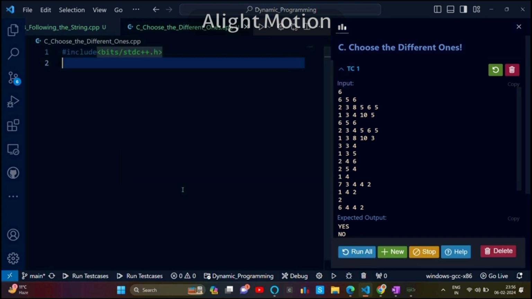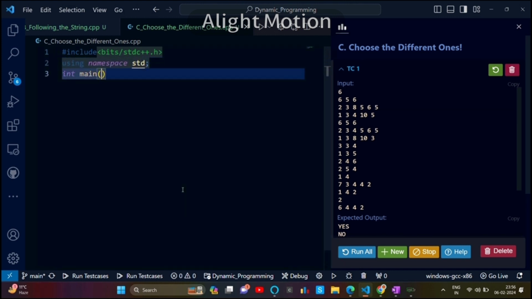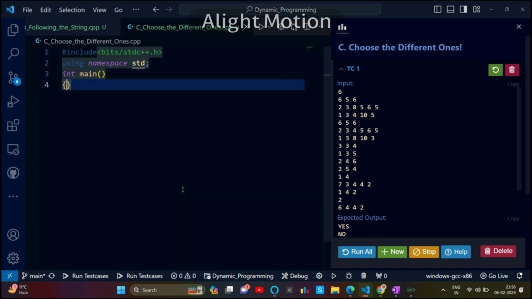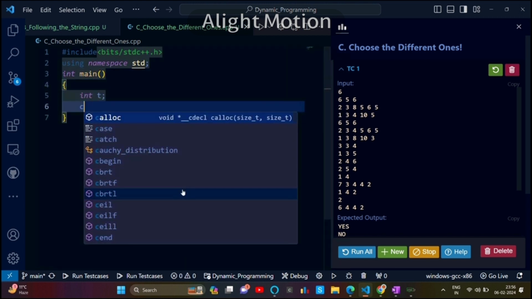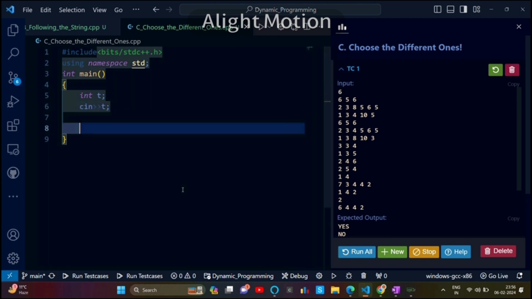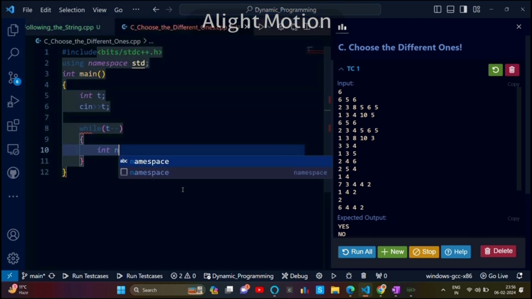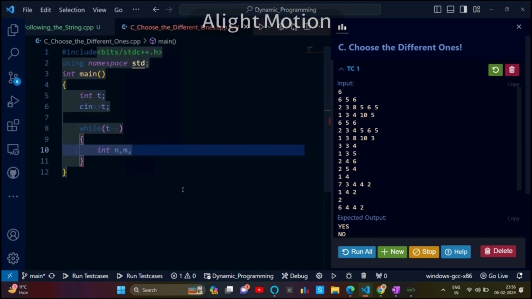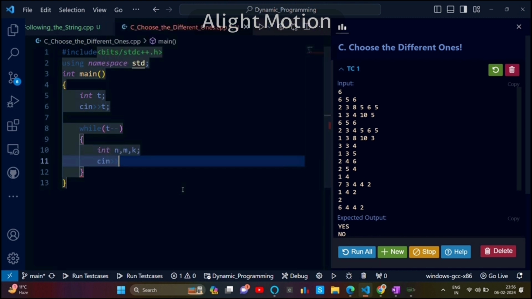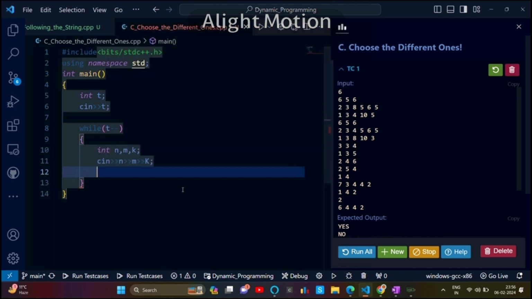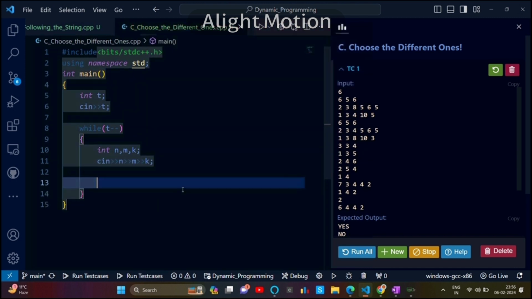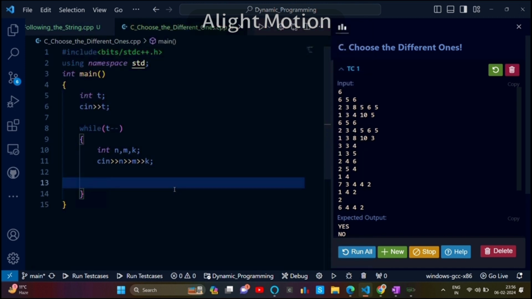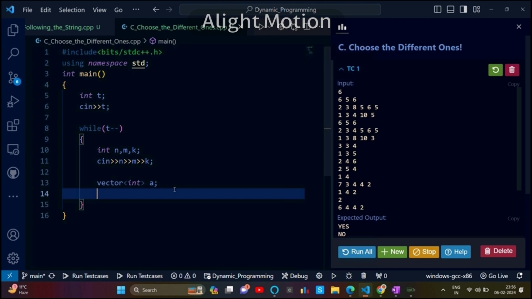What I am doing now: using namespace std, int main. I will take n, m, and k as input. Now, let's say I have two vectors. Vector A,